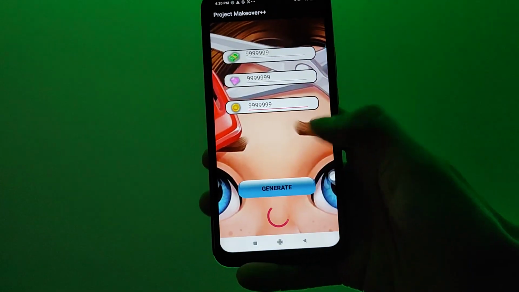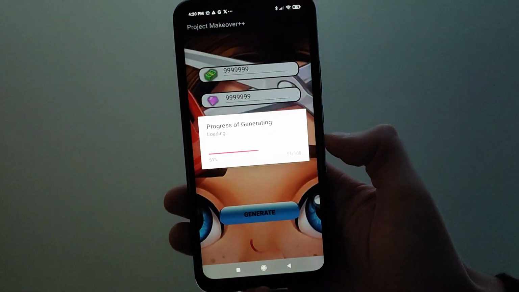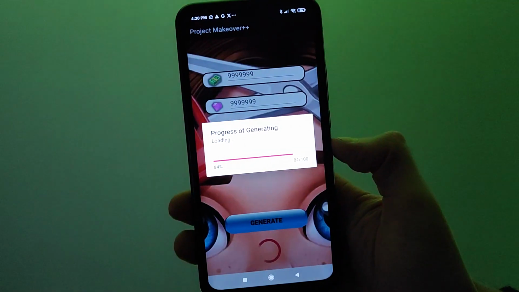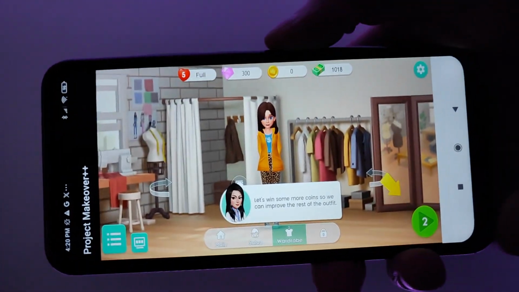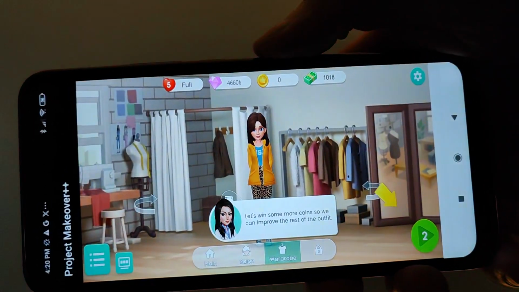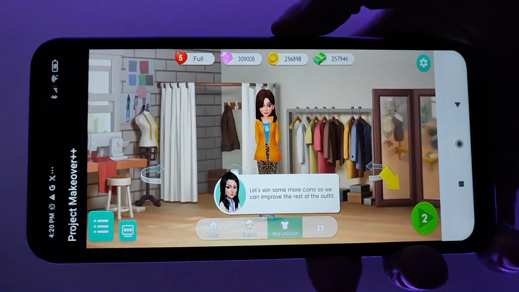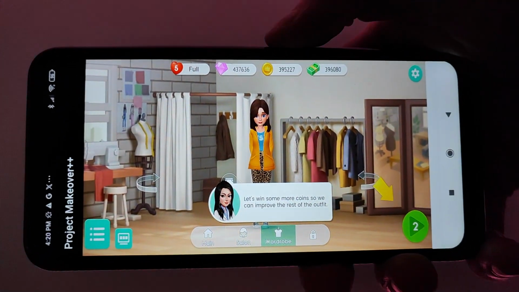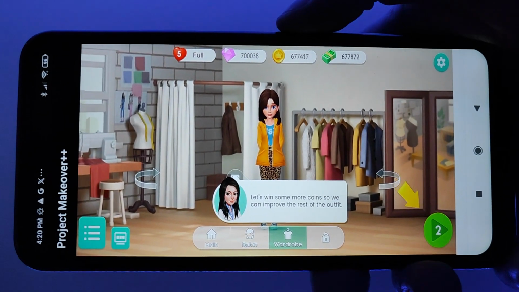Okay, enter the amount, press generate. Now as you can see, everything is generated, so wait for the process to complete. After it finishes, our Project Makeover account will open. Okay, it's already open. Now we must wait, and boom, look at this, everything works. Now I get free gems and coins in Project Makeover, and this method is updated and working in 2023 for